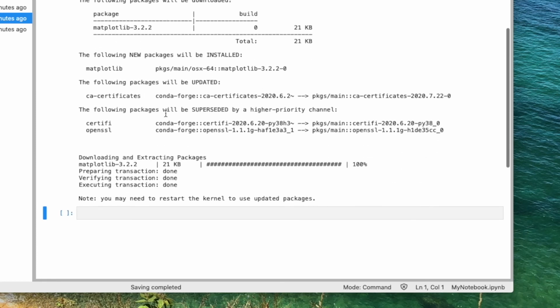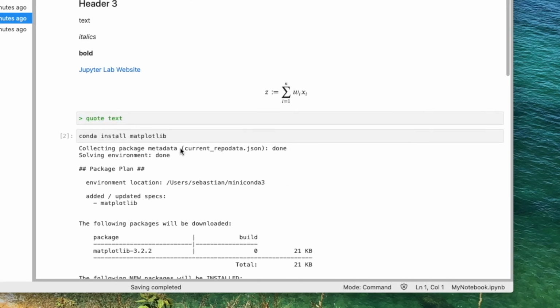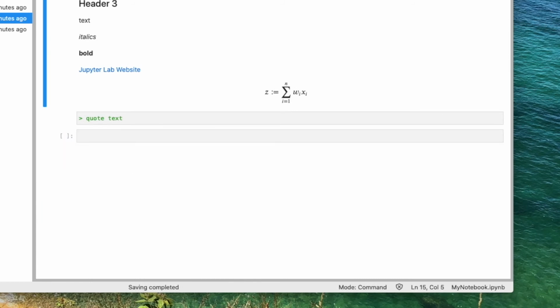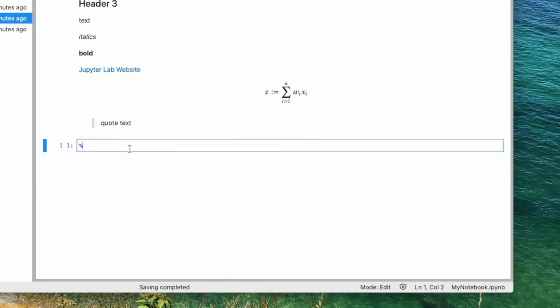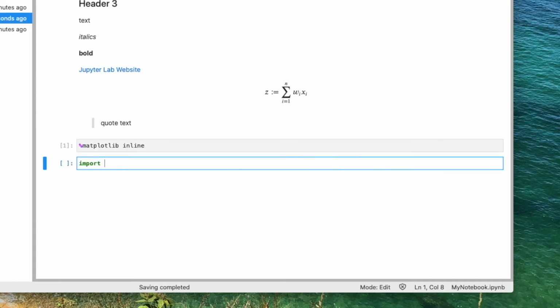Okay, let's see what it did. All right, it installed matplotlib. So let's restart the session because it recommends us to do that. We don't need this one anymore. Now there's also a certain way for Jupyter Lab to have plots inline. Usually what we do is matplotlib inline, then plots will be shown in the notebook. There are some different options like matplotlib notebook and so forth, but usually this is the one that works on most computers. And then, for example, we can import